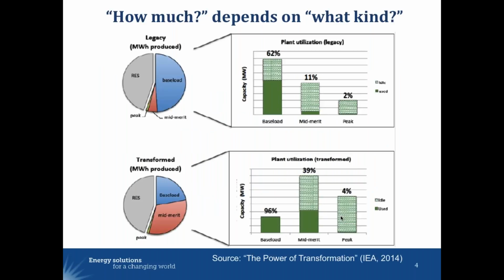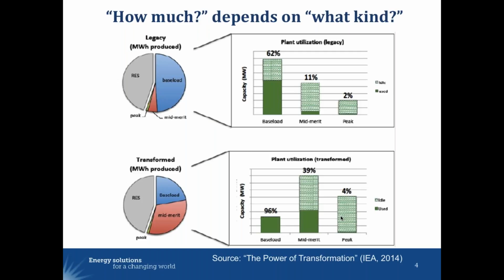I think the short answer is that how much you need depends on what kind you have. This is a graphic adapted from an IEA study published in 2014 called The Power of Transformation. It looks at a hypothetical system. The top and the bottom graphs describe the same system with the same reliability standard, with the same shape and quantity of demand. The difference is that on the top, which we label the legacy system, you've got a fairly traditional